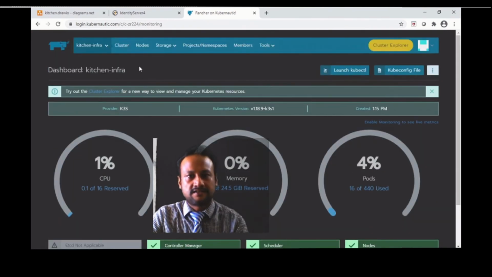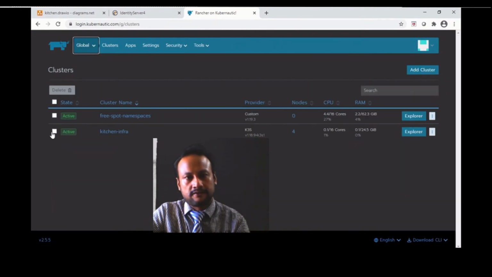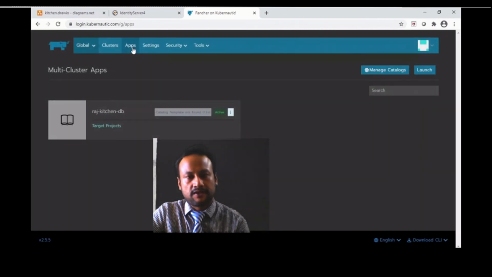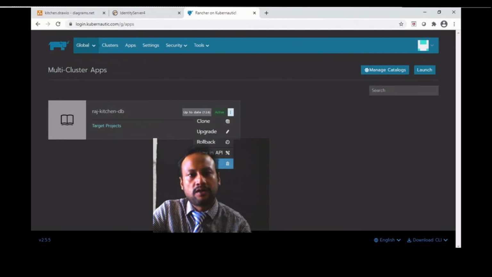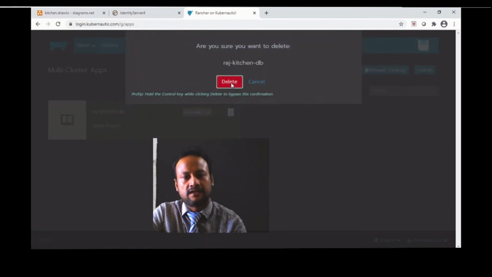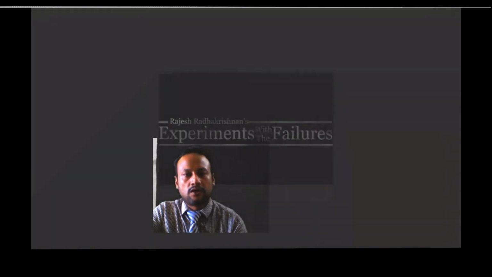Actually, you can install apps into this cluster from this portal. So I installed MongoDB. We will see the MongoDB and Longhorn session in another video. It takes a lot of time. So I would like to share with you one more tool called Popeye.